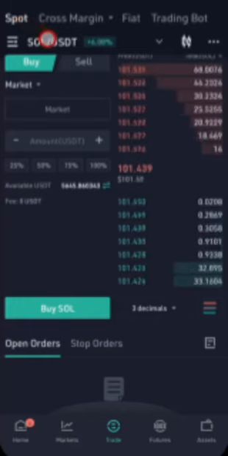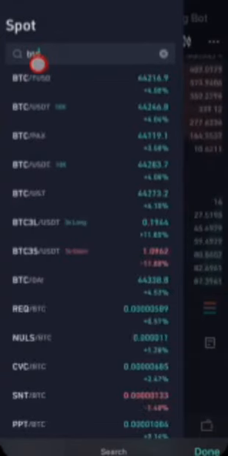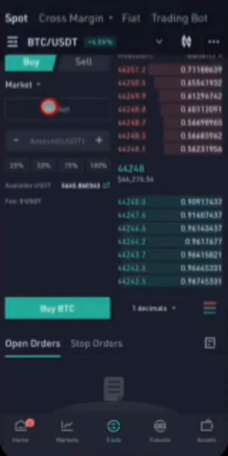Currently I'm in the Solana versus US dollar Tether tab. What I can do now is maybe trade Bitcoin versus US dollar Tether. So I can type in BTC here and then look for the trading pair that I want to trade. I'm going to go for BTC USDT. USDT is simply a stablecoin that follows the price of the US dollar, which makes it very easy to trade